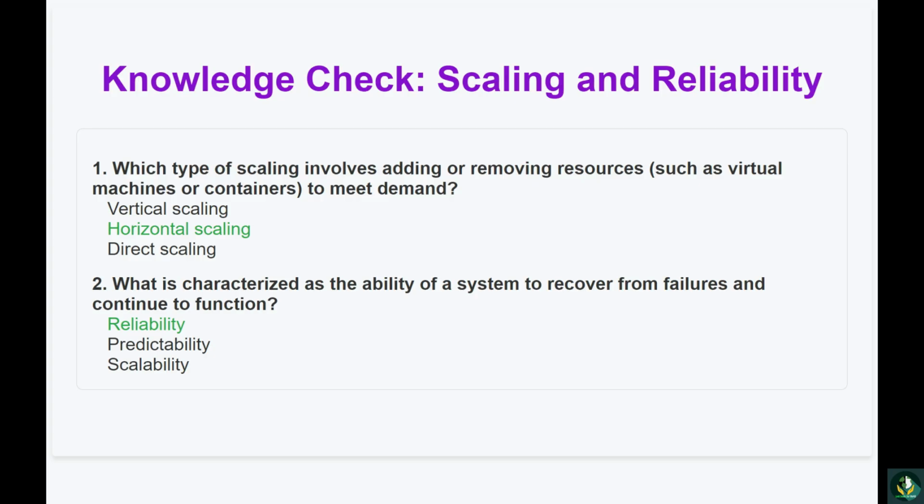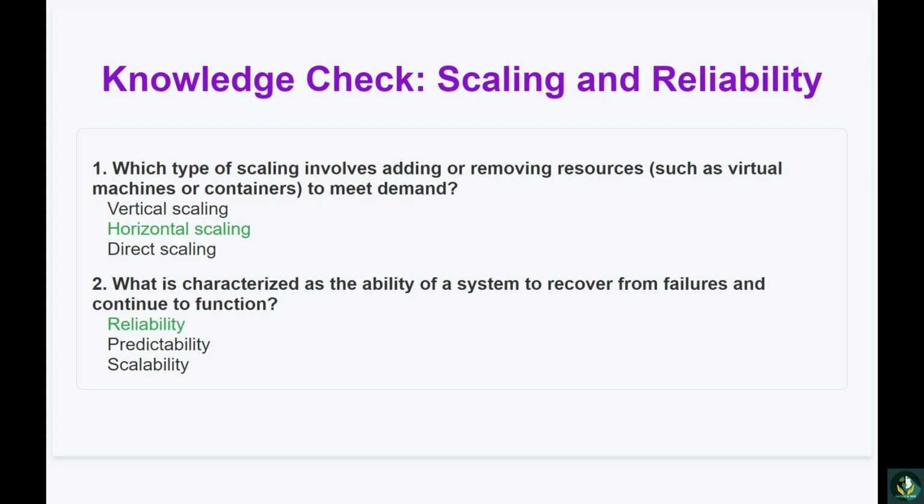In contrast, vertical scaling, or scaling up, involves increasing the capacity of existing resources, such as adding more CPU or RAM to a single server. Horizontal scaling is often preferred in cloud environments because it offers better flexibility and can provide virtually unlimited scalability. It also aligns well with the distributed nature of cloud computing and can improve fault tolerance by spreading the load